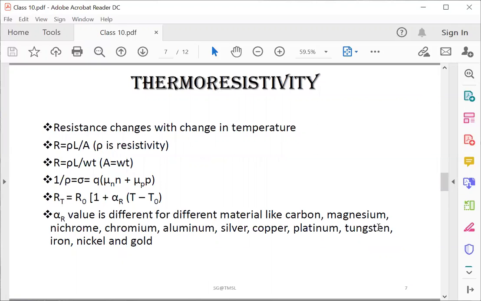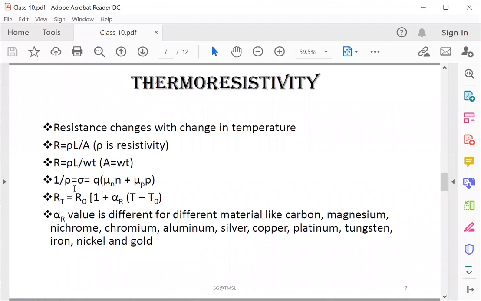Now, another property I would like to discuss is thermoresistivity. It is known that different materials have a temperature coefficient of resistance, that is thermoresistivity. That means if you change the temperature, the resistance will change. That property is known as thermoresistivity. Now, the well-known relation is given as R equals rho L by A, where rho is resistivity. You can write it as rho L by WT if A equals WT, and then 1 by rho